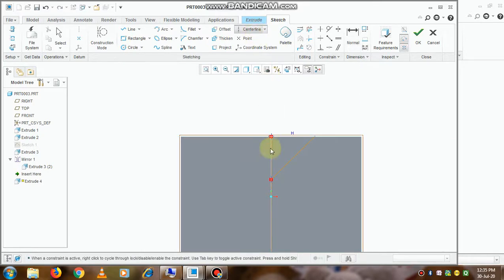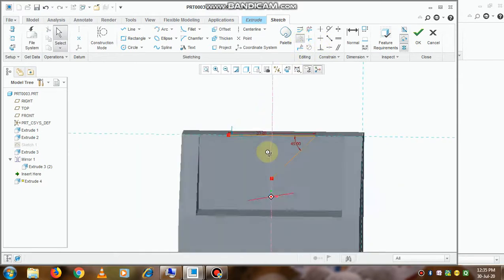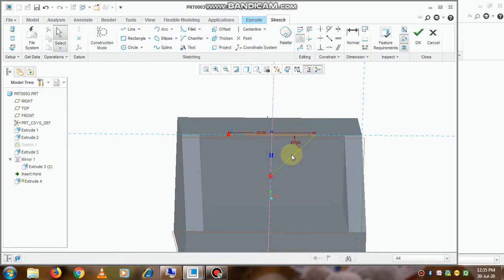Now we'll see, we will create a center line about which we are going to use the mirror command. So first you need to select the two lines which you need to mirror, and the center line should be created prior to it, and go to the option mirror. So see on the bottom side it will ask about which line, about which axis.